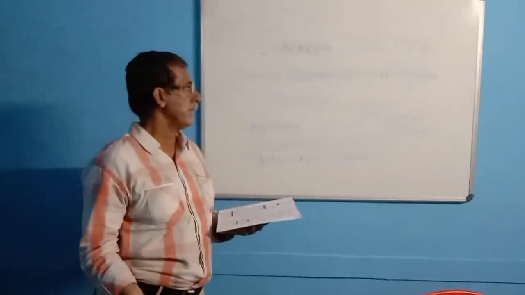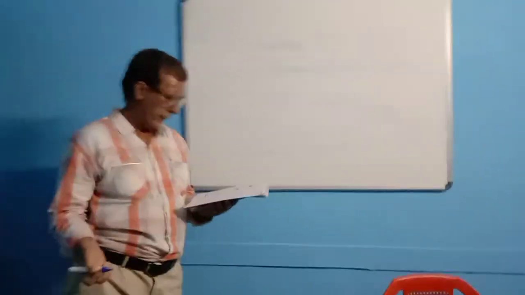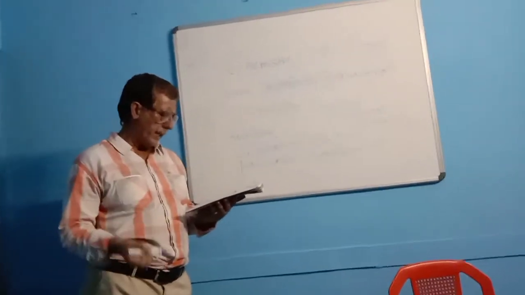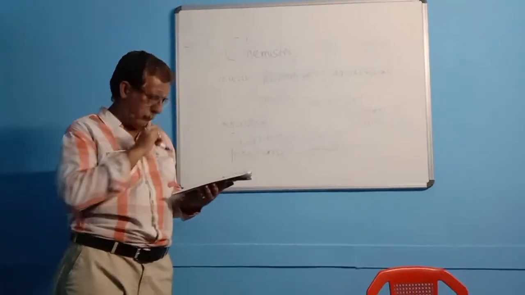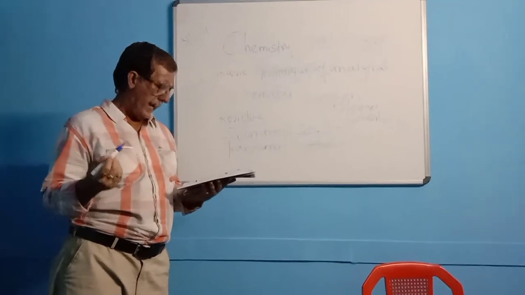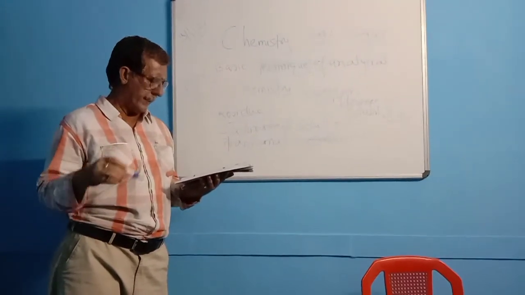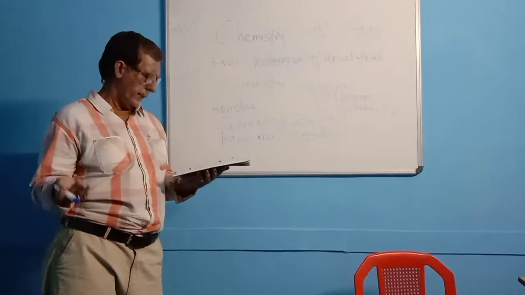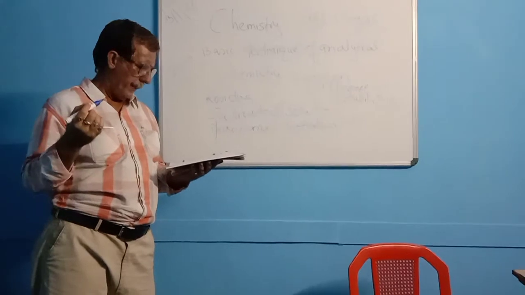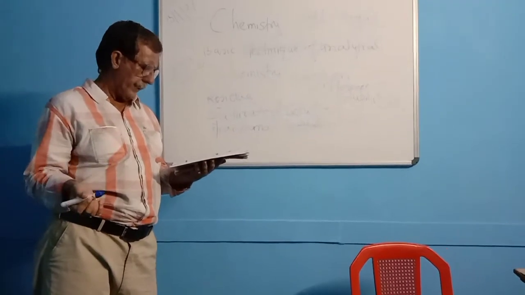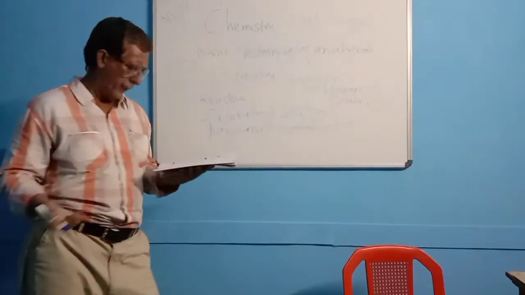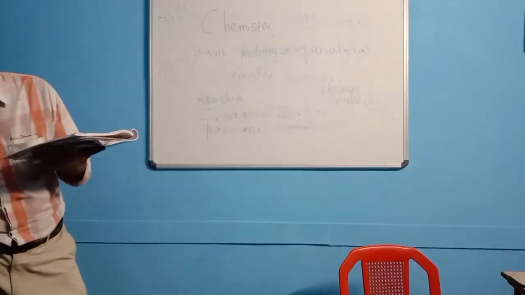Now we will discuss distillation. What do I mean by distillation? The process in which a liquid is converted into vapor phase at its boiling point, and the vapor then condenses back to liquid on cooling, is known as distillation. So distillation involves evaporation of the liquid and condensation of